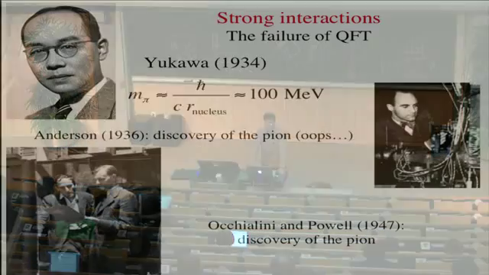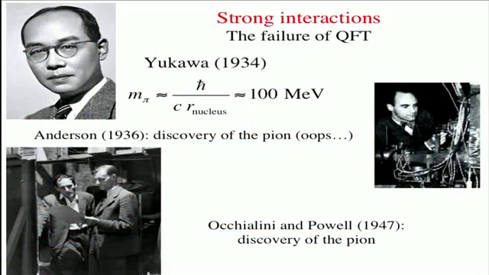The problem was that nature played a trick with physicists. There were two particles which had roughly the same mass and same charge. One is called the muon today, the other is called the pion. So maybe the Higgs discovered today is not a Higgs, but another particle. We will see. But at any rate, the discovery of the pion certainly did not solve the mystery of the